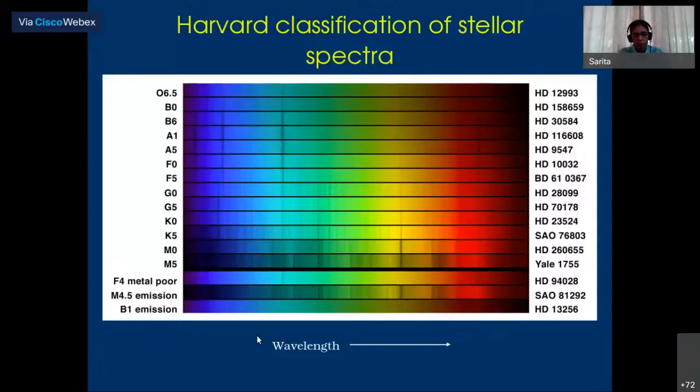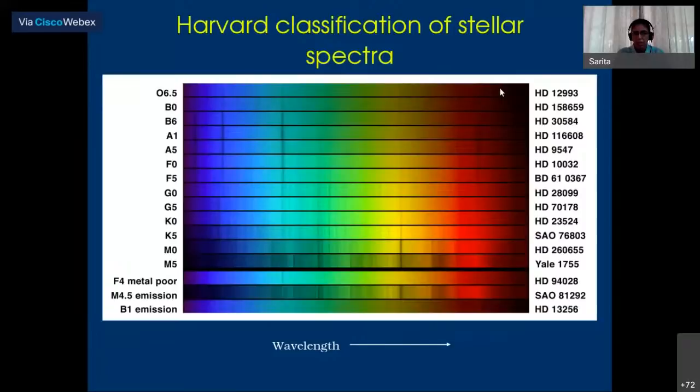On the x-axis, you have the wavelength, and here you have the stellar spectrum. These stars are given names. So this is the name of this particular star, which is of spectral type O6.5, and we identify it to be an O6.5 star based on whatever spectral lines we see here. As you can see, it is a lot of work to note down these lines and come up with a theory to understand at what temperature these absorption spectral lines will be seen